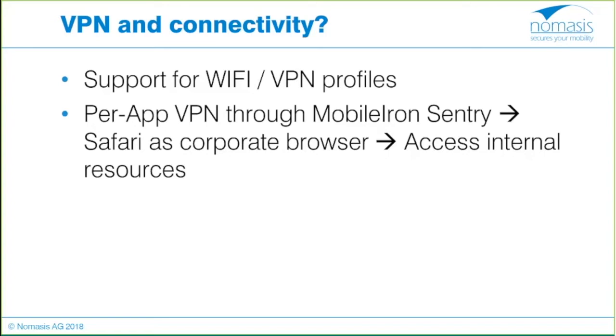So if you install any application from the iTunes Store, you just take Chrome or one SAP app or whatever application, you equip the application with a per-app VPN profile, the so-called Mobile Iron Tunnel VPN configuration, then you should be able to access the internal resource. It could be one website, it could be one application server which resides in the corporate network. And the Mobile Iron Sentry, the proxy, is used to tunnel the traffic inside the corporate network. And you take the advantage of security controls of Sentry, checking the device compliance, checking that the device and the user are authorized to use the app, and so on and so forth.